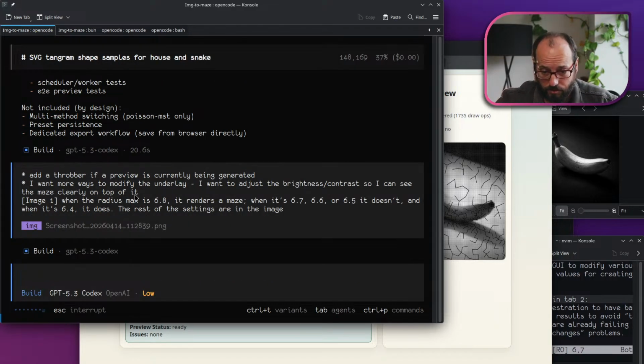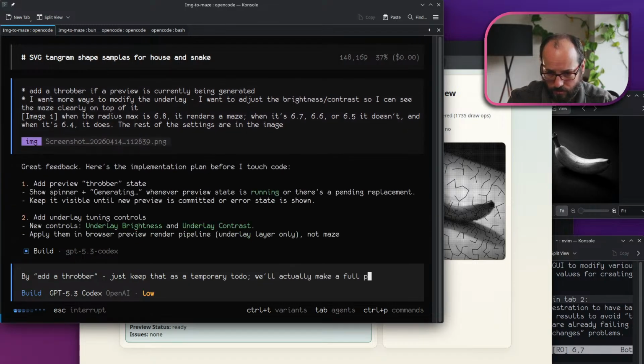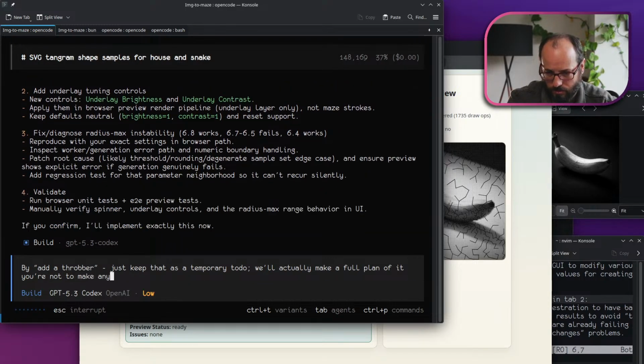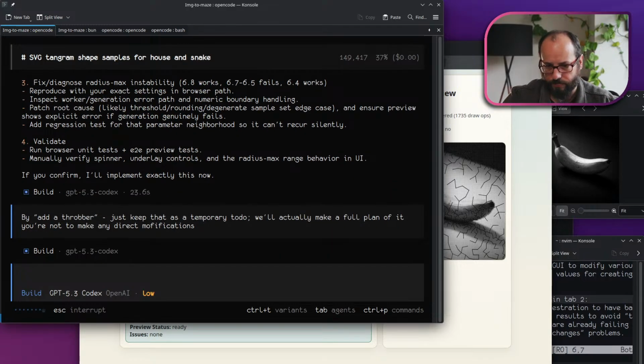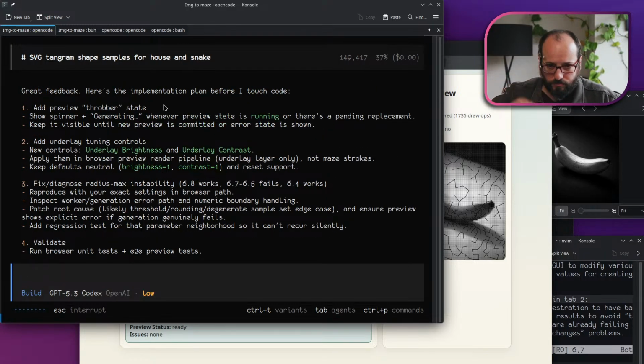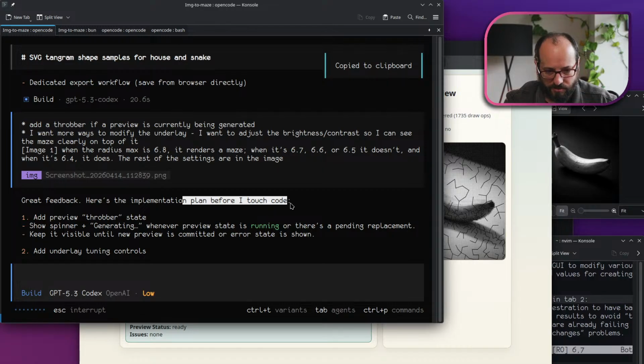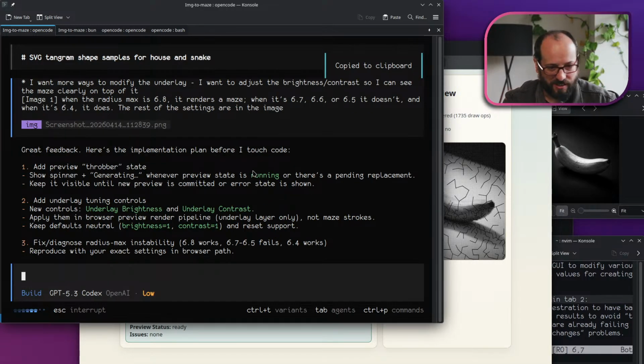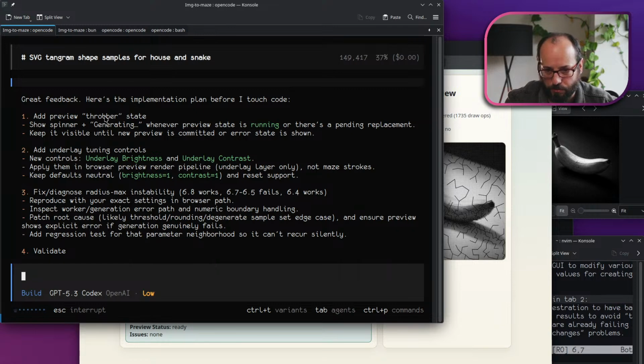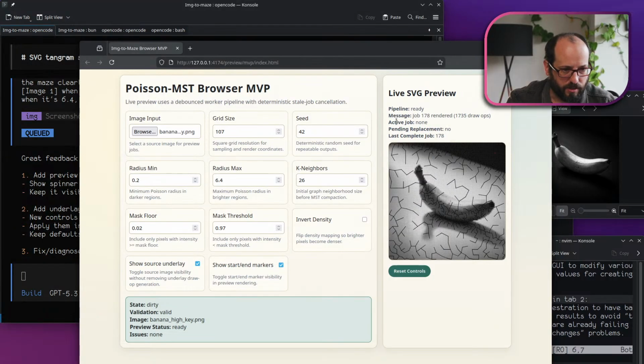Okay, that'll be quite a bit for it to chew on. Okay. I'm really glad that it showed me a plan before it started doing stuff. Anyway, before I told it to, it usually will just go ahead and start digging in and making stuff. Add a preview throbber state. Okay, good. Actually, I might want to note that there are already fields